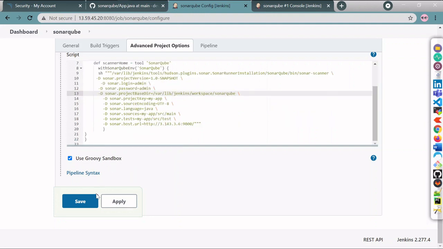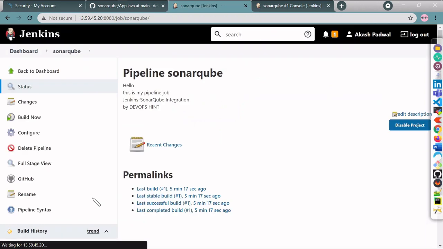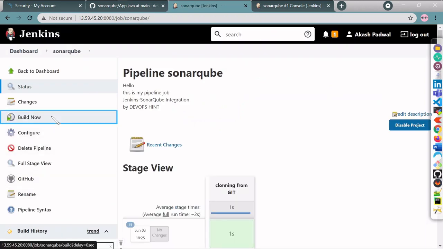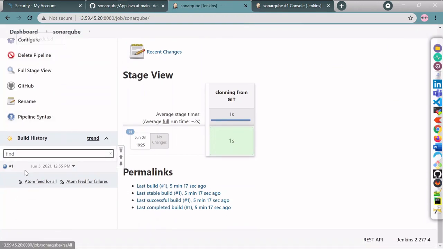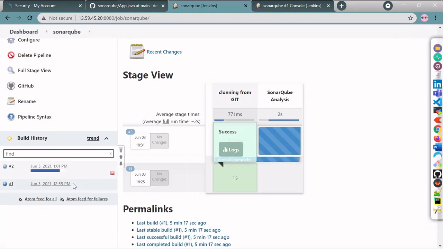Let's check. So click on this save button and click on this build now. Let's check whether it integrates.